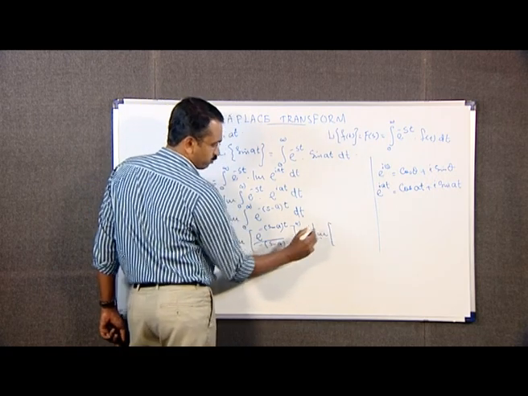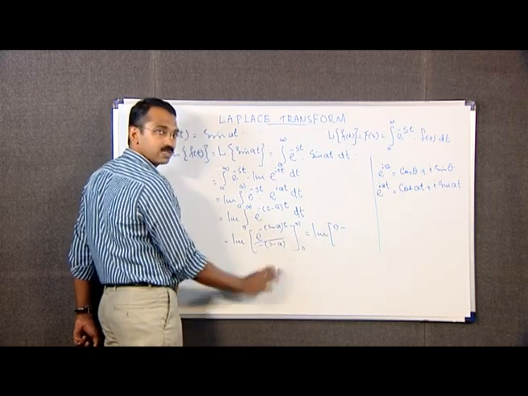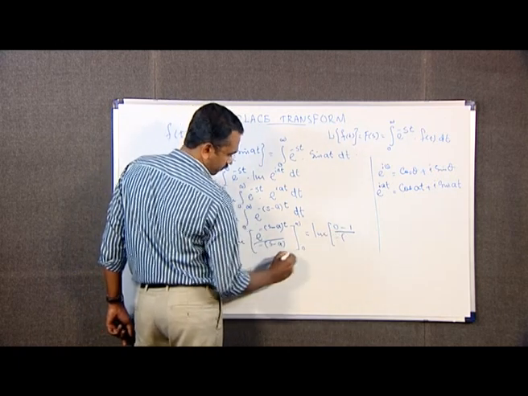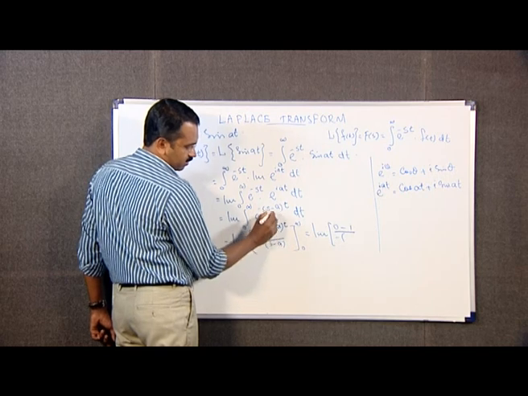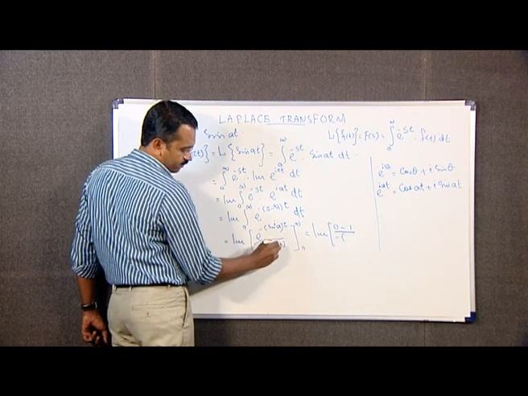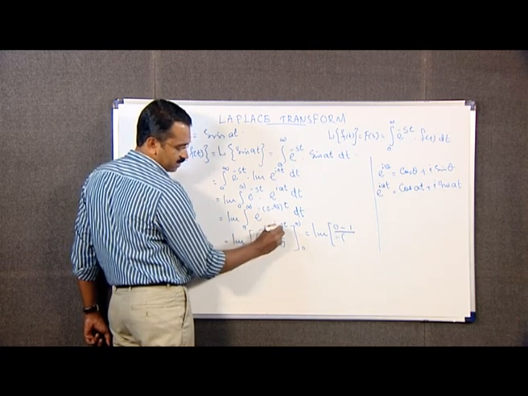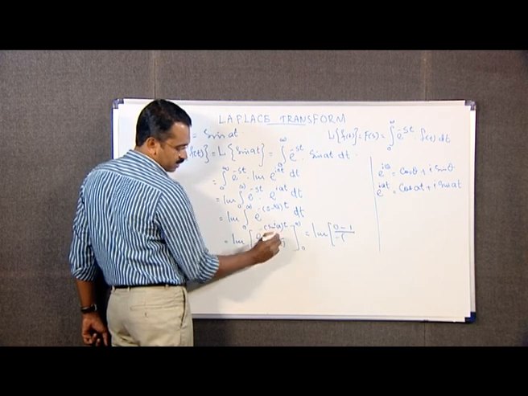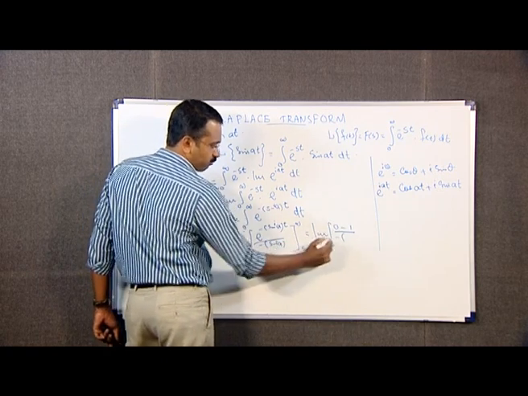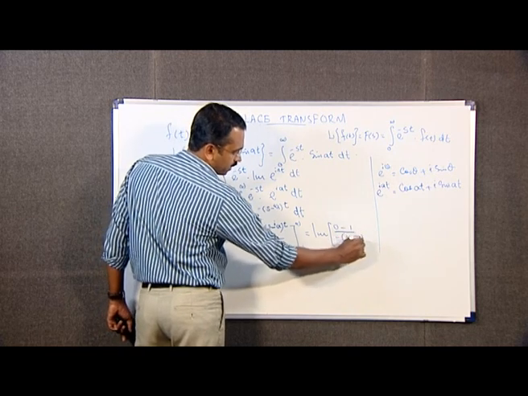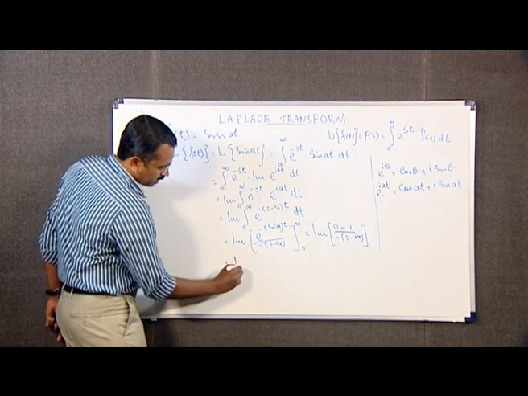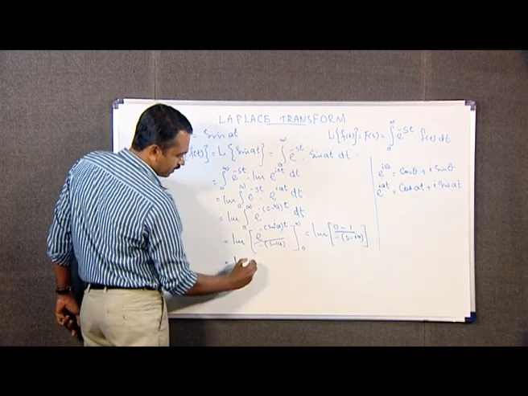So we get the imaginary part of 0 minus, when t equals 0, e^0 is 1, divided by -(s - ia), which is equal to the imaginary part of 0 minus 1 divided by -(s - ia), that is equal to the imaginary part of 1 by (s - ia),